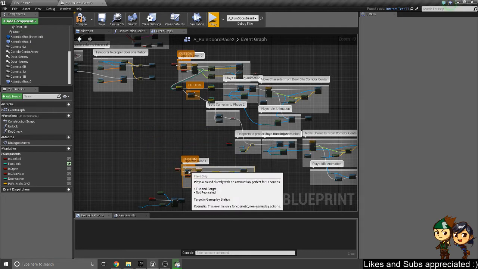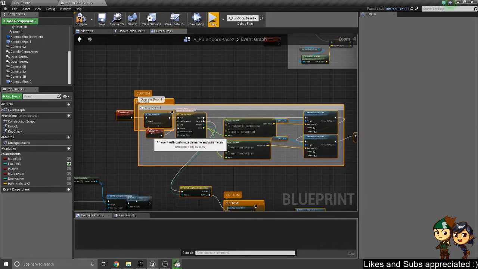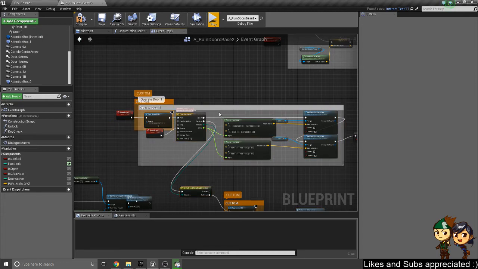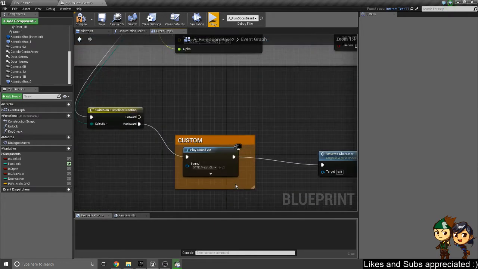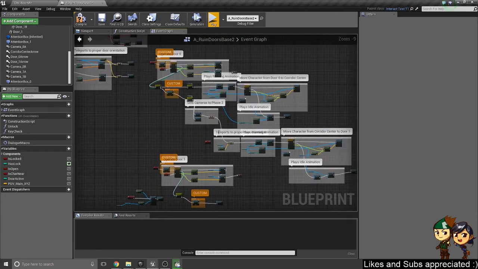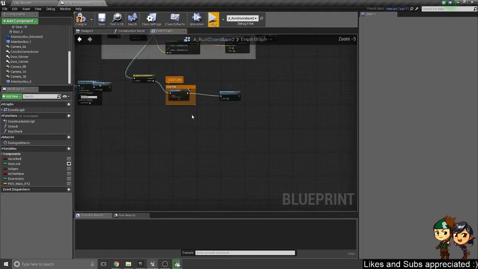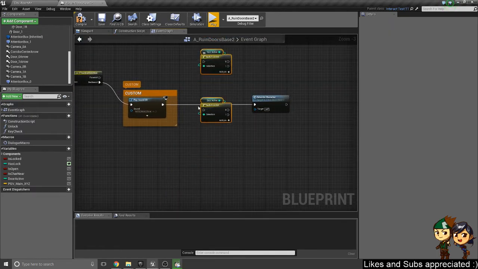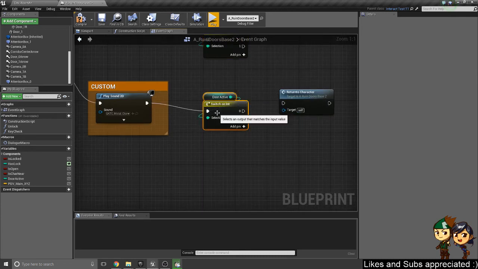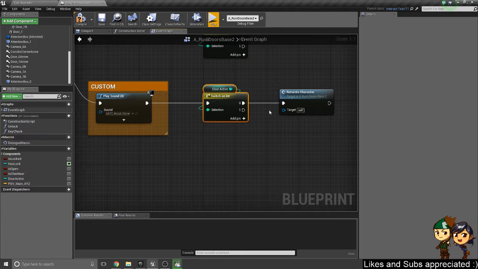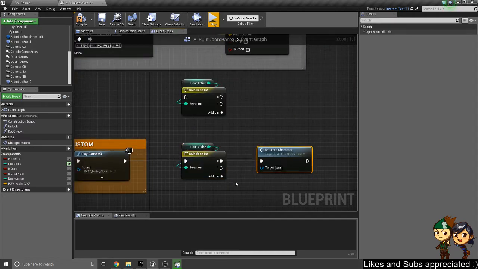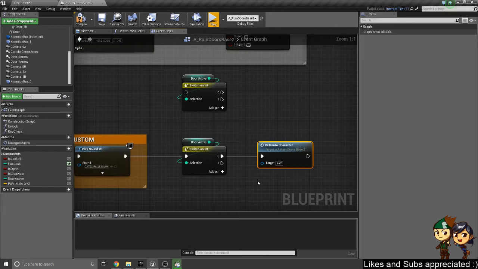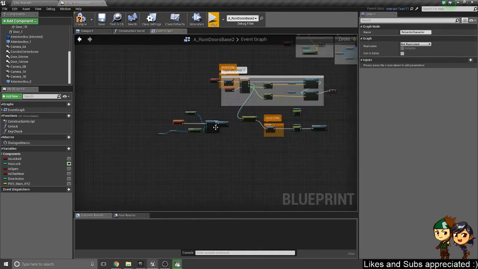So let's organize this a little bit more. So if we pass this through here, we return to character. And return to character's event down here where we